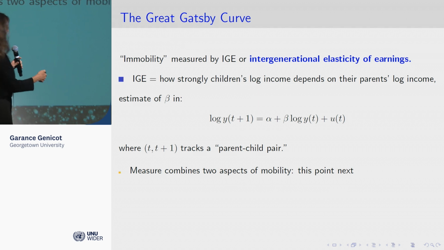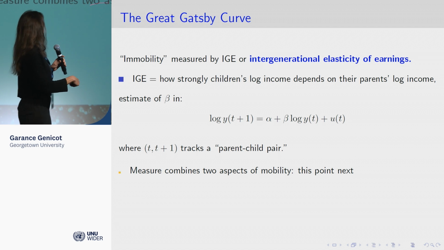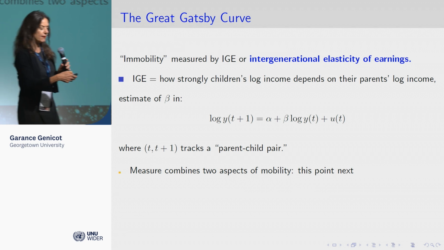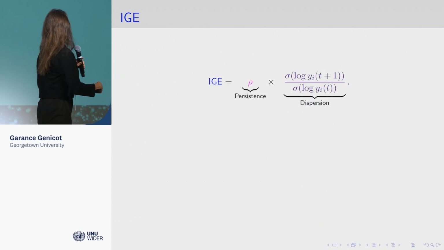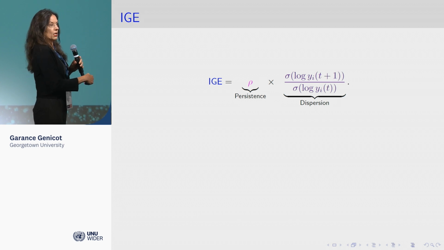What does it mean? It means that effectively this measure is going to be the covariance between those two things divided by the variance of this thing. And you can rework it and see that it is essentially the correlation between